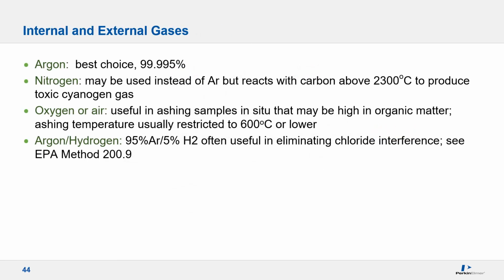In evaluating the possible gas options for the graphite furnace, argon is inert, relatively inexpensive, and used almost exclusively. However, there are other options. Nitrogen, for example, is inert and optically transparent, but does create a significant safety issue when temperatures exceed 2300 degrees, as indicated above. Oxygen or air charring as an alternate gas can be useful when the pyrolysis step of the